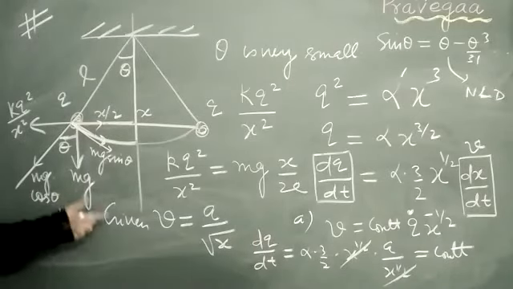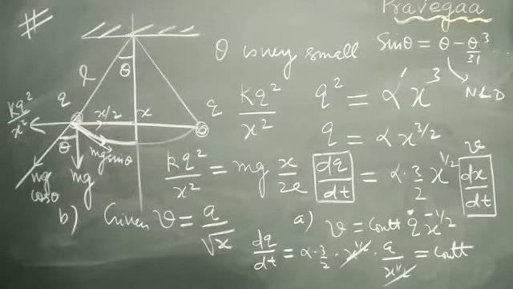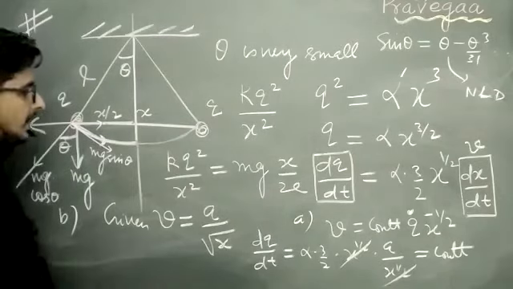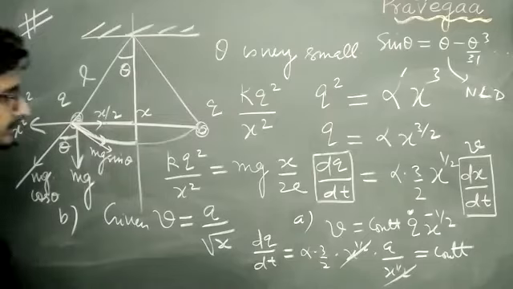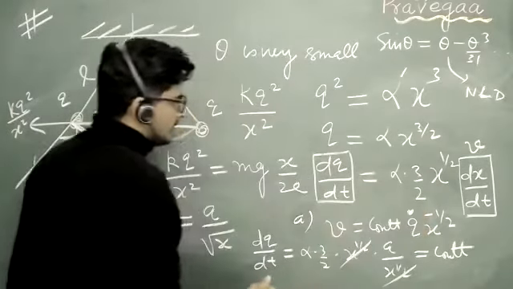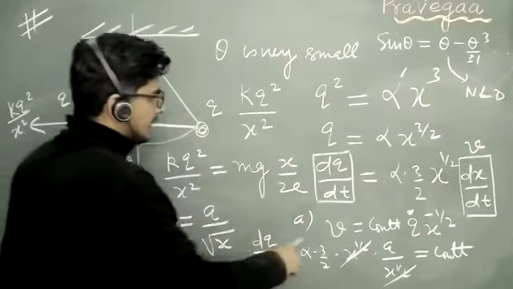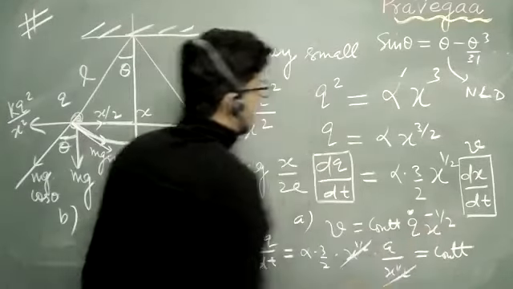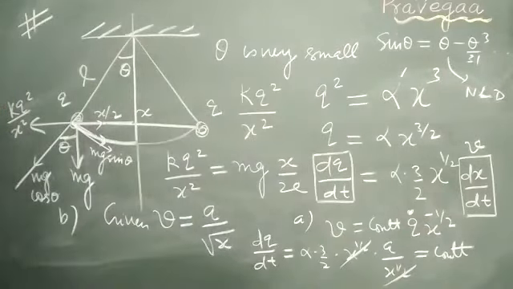So was this question okay? Everybody understood it? Yes, sir. So what are the proportionalities that are coming? If Q dot is a constant, that means the rate of flow of charge is constant, then V is proportional to x to the power minus half. Okay. So many objective questions are coming from here.